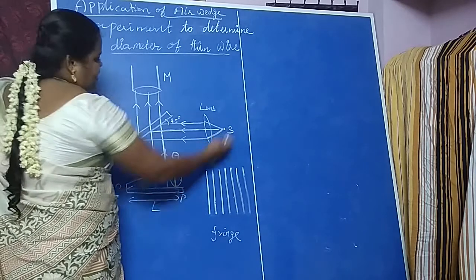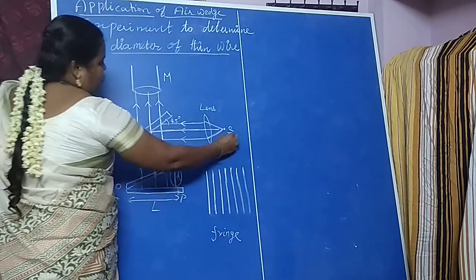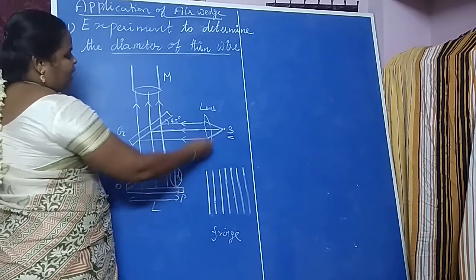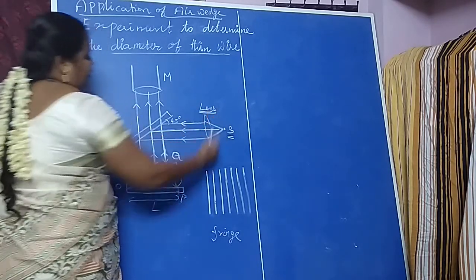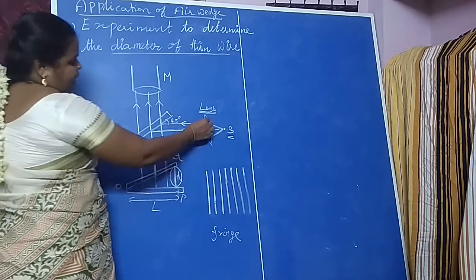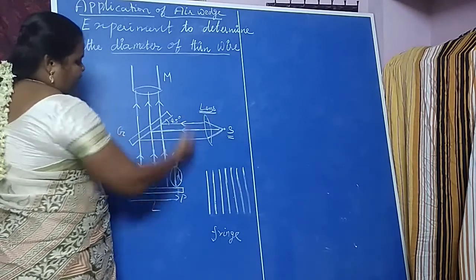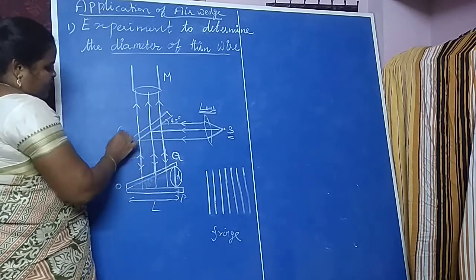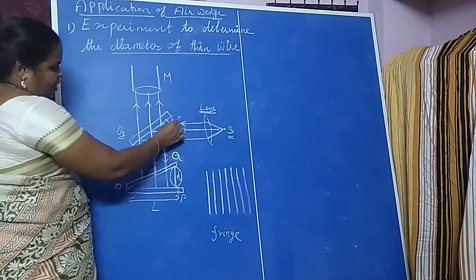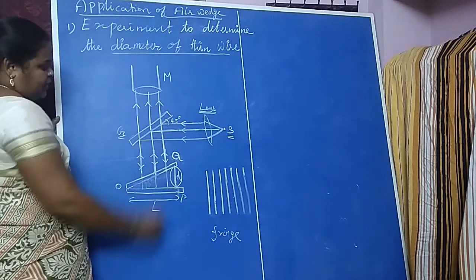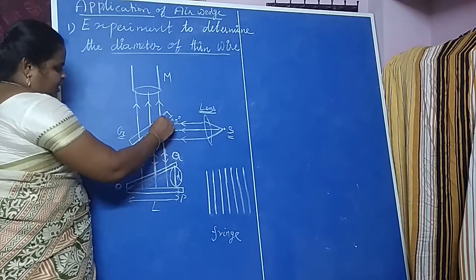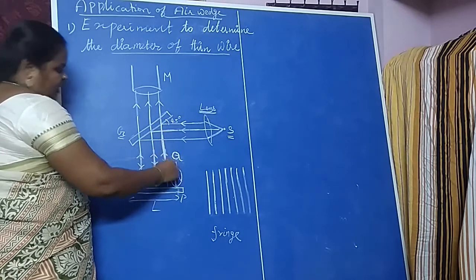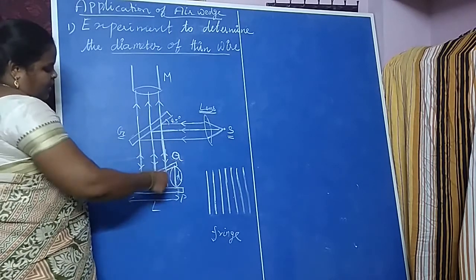Here, the source S is a monochromatic source. The light from the source is rendered parallel by the lens, so we will get parallel rays from the lens. These rays are reflected by the glass plate G, which is kept at a 45-degree inclined angle. After reflection from the glass plate, the monochromatic light is incident on the air wedge at a normal position,